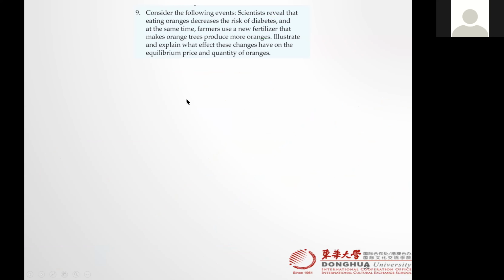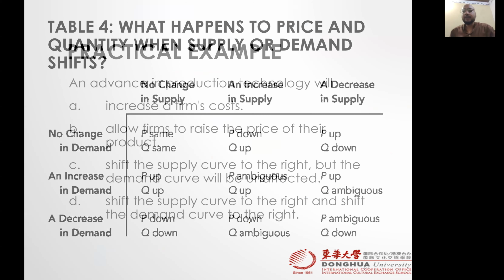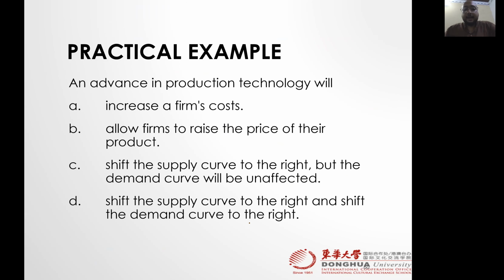Okay. So you see this table, price is ambiguous, quantity is ambiguous, price is ambiguous, because we don't know the actual numbers here, right? If both increase or decrease, then the question is going to be a little bit ambiguous. But one answer is going to be for sure increased, like in our previous example, quantity for sure increases. So if you understand all the market forces of demand and supply, please answer this practical example here.